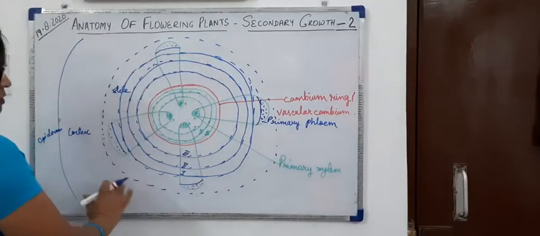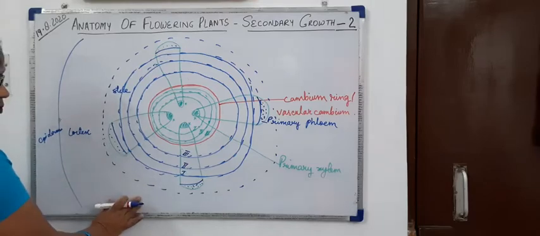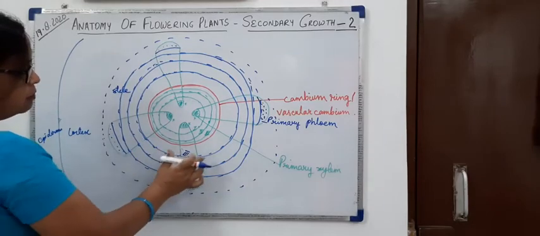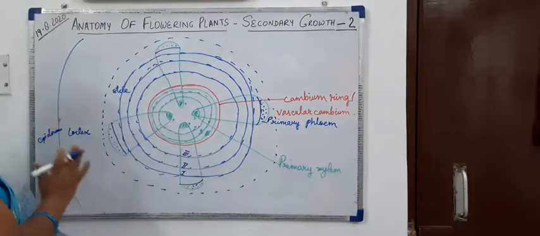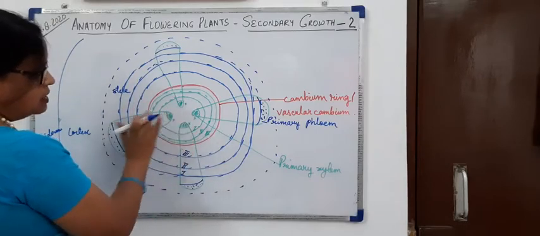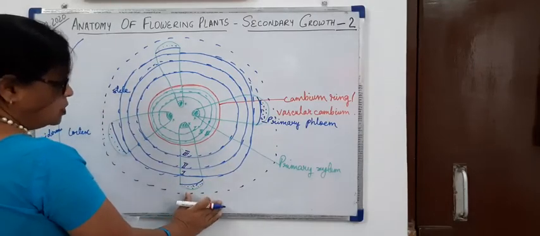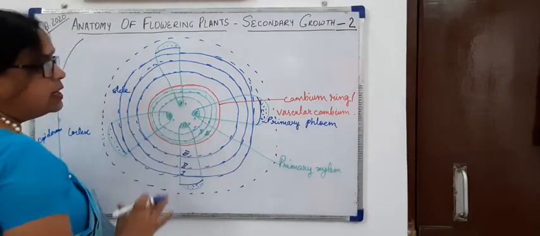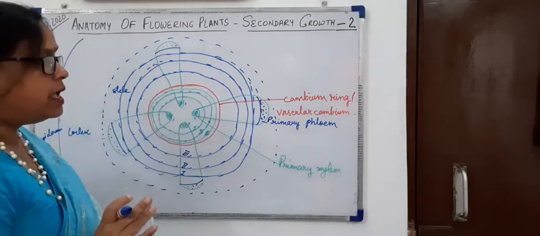So just now we have seen how the secondary growth takes place in the stele region, and due to the secondary growth in the stele region, the new xylem and phloem are being formed, and the older ones are being pushed away and away towards the center. The xylem is being pushed towards the periphery. The phloem is being pushed, and this is where the rings are formed, and these rings are called as annual rings. So now next we are going to study about the annual rings.